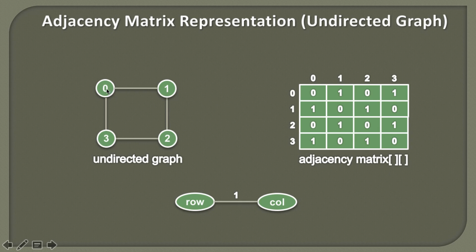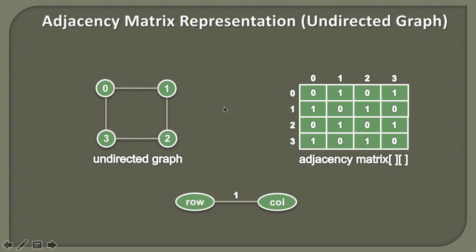So friends, here you can see from 0 to 1 there is an edge. When we want to represent an edge in the matrix, we follow this rule: the first vertex is the row and the second vertex to which this edge is going is the column. So between 0 and 1 there is an edge. We can represent it as from 0th row to 1st column there is an edge, which is nothing but 1.